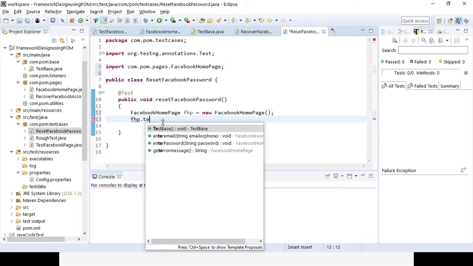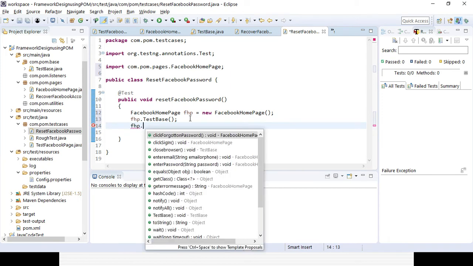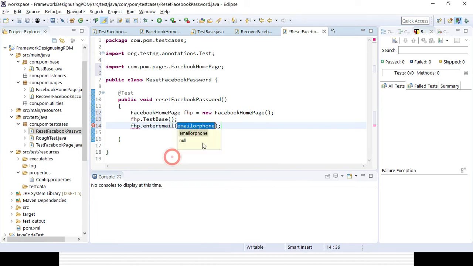Test base. After that, once the page launch is successful, then I will be calling for entering the email ID and password, these two methods. So enter email, where I can pass some email, test, anything.